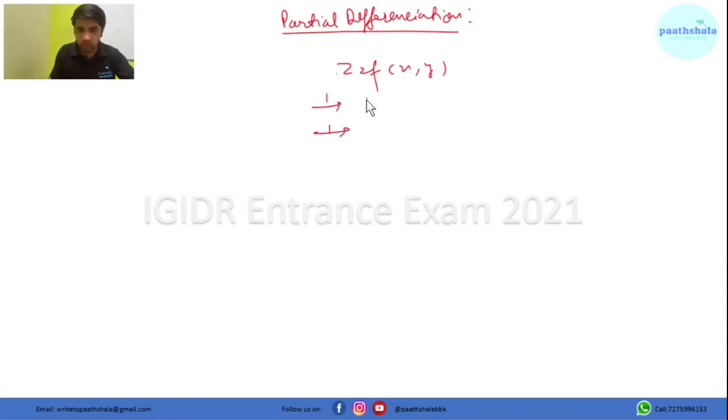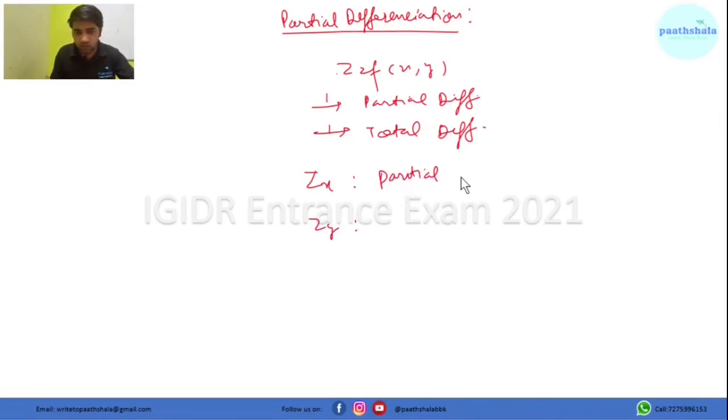First is partial differentiation, and second is total differentiation. For partial differentiation we have to find zx. Here zx denotes the zx and zy. So zx denotes the partial derivative of z with respect to x, keeping